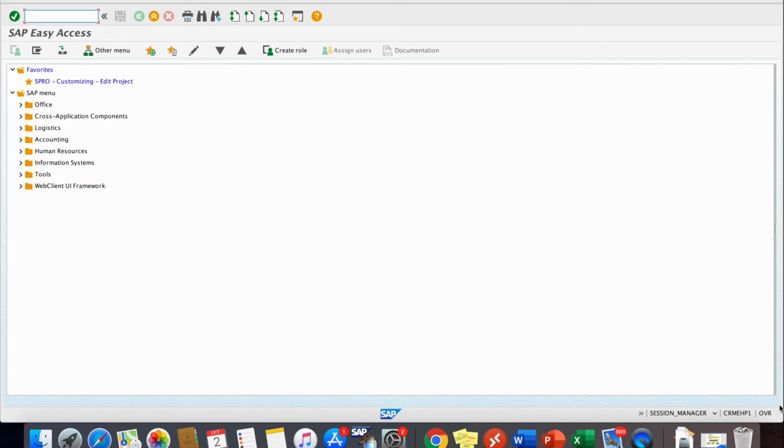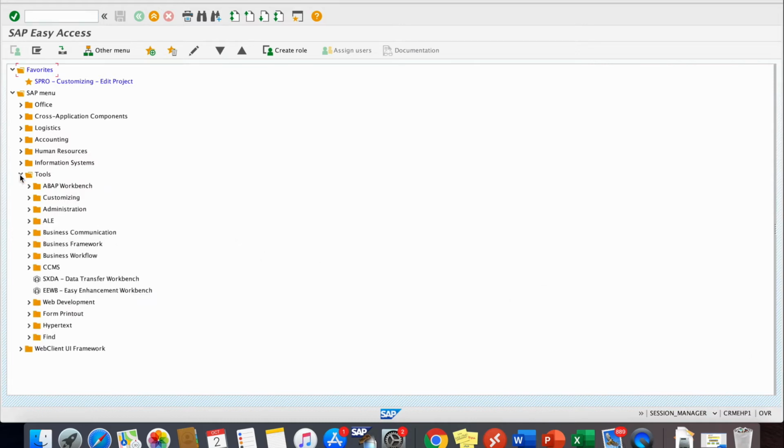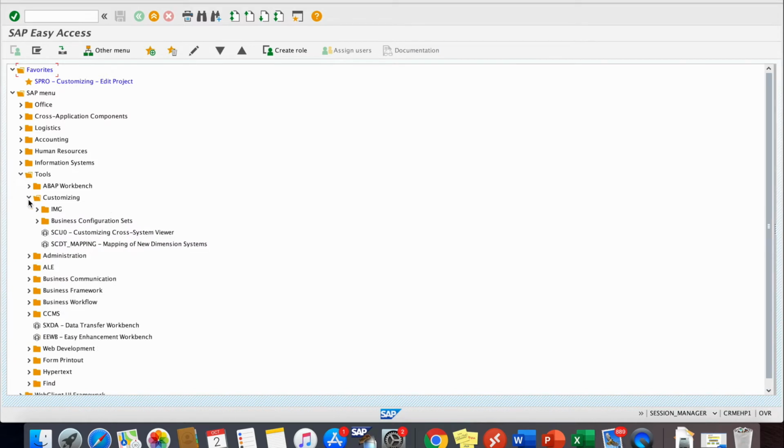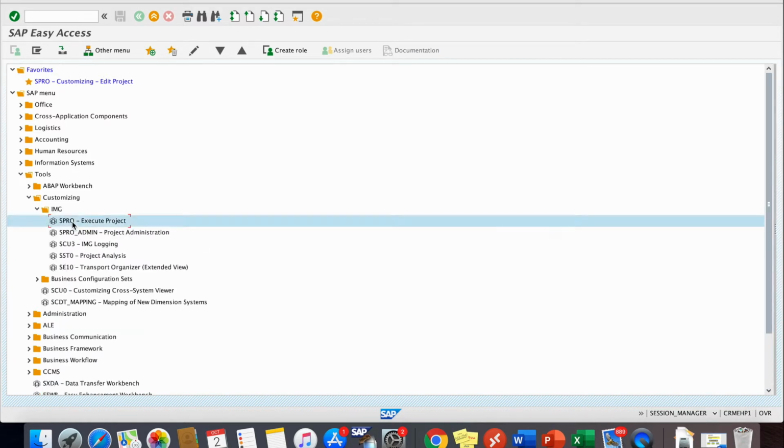As a consultant, you go to the backside by either following the menu path which is Tools, Customizing, IMG and double click on SPRO Execute Project step. This was the menu path.